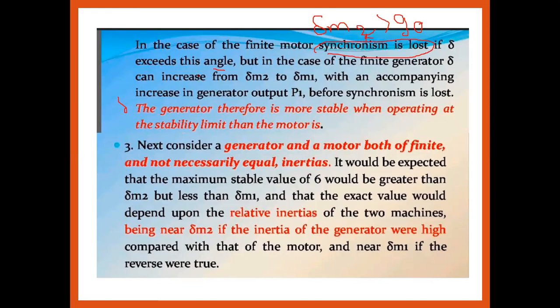But in the case of the finite generator, delta can increase from delta m2 to delta m1, which is accompanied by increasing the generator output P1 before the synchronization is lost. Thus the generator is more stable when operating at a stability limit than the motor is. So the generator is working at a larger load angle as compared to the motor. Okay, so let us consider the third case where the generator and the motor